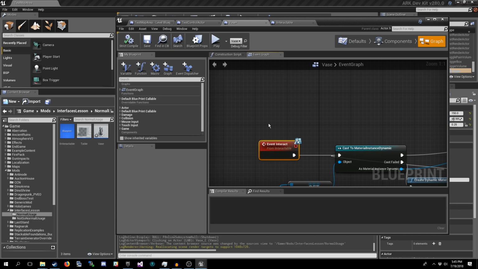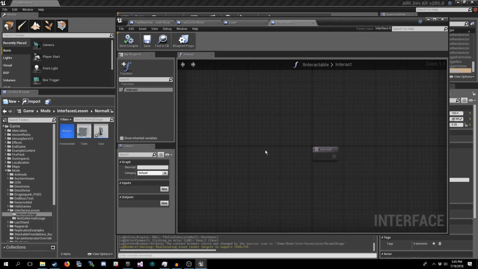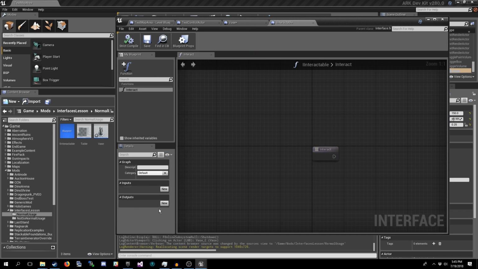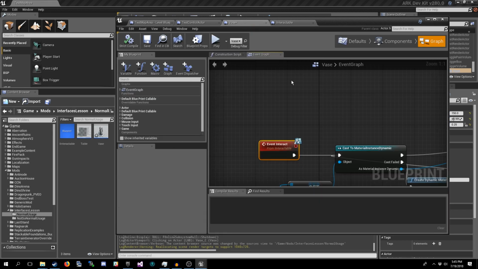Now, there's two kinds of function declarations in terms of interface blueprints. There's ones that do not have an output and ones that do. Ones that do not have an output defined can be used as events like this. If it does have an output defined, it will show up here on the left, just below all of the overridable functions. Where you will be forced to implement it.